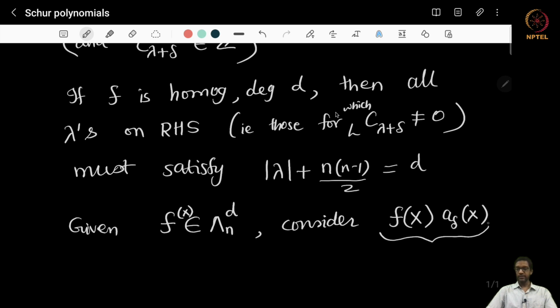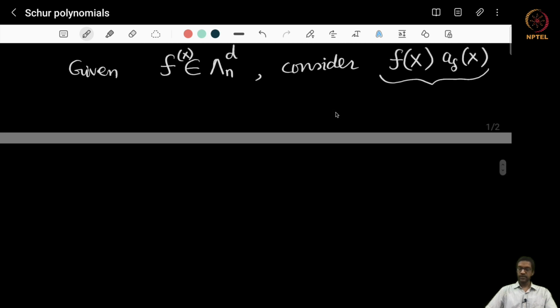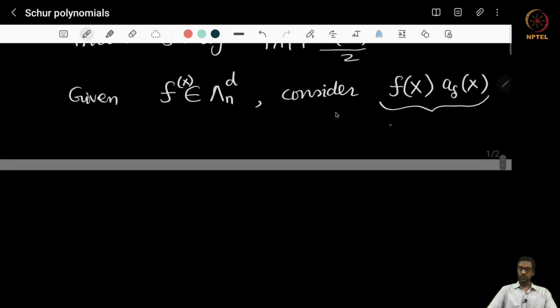That's really going to be the key idea, and we'll repeat this many times later on as well. So look at f(x) times A delta of x. This has the following properties. Number one, it's alternating. Further, it's homogeneous of degree